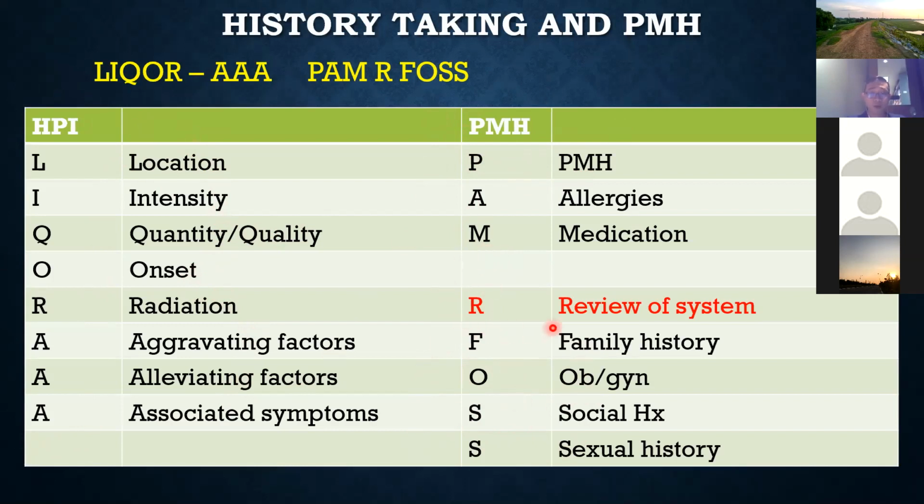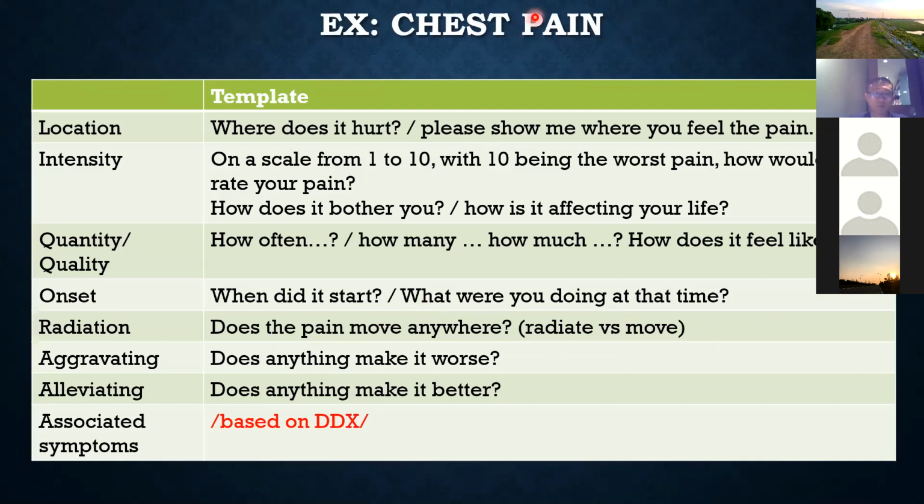And the third part here is review of system. Okay, we have to go through all the parts here in the history taking. For example, the patient comes to the hospital because of chest pain. We can ask the patient, where does it hurt? All those templates here you can use when you talk with a patient. What do I mean by based on the differential diagnosis? I just want to highlight here